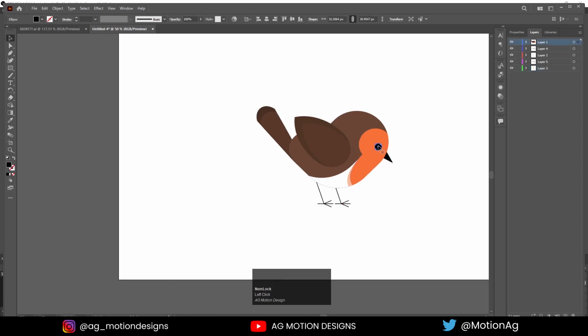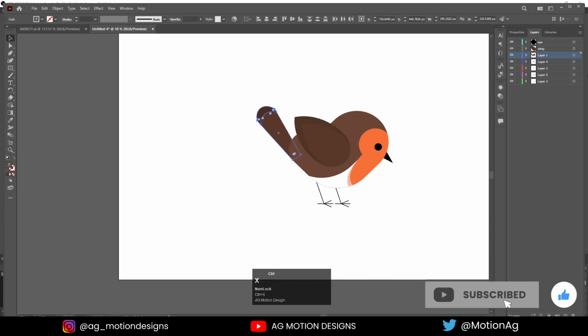Now select this eye, press Ctrl X, create a new layer, press Ctrl Shift V. I'll call it eye. Press Ctrl, select this one and this one, press Ctrl X, create new layer, press Ctrl Shift V. I'll type wing.